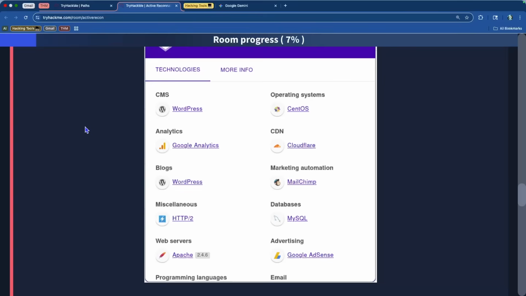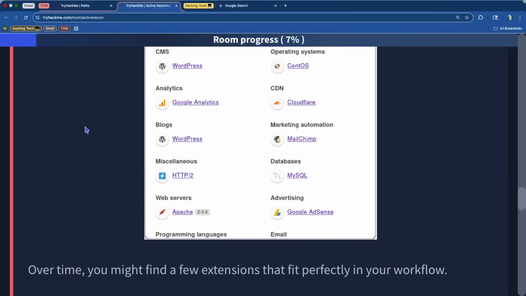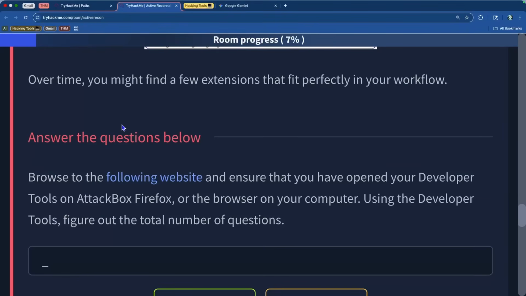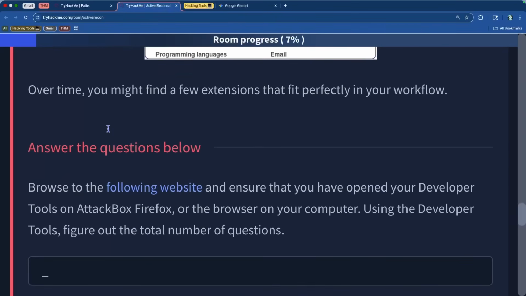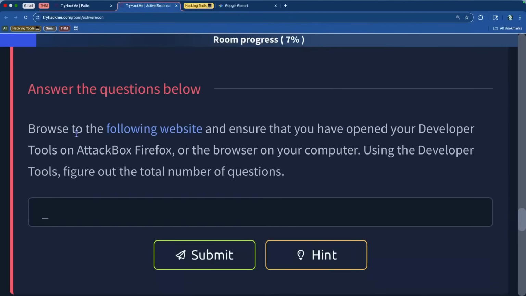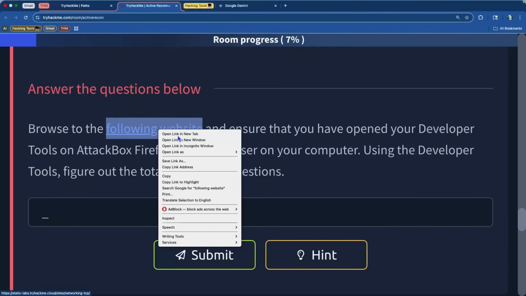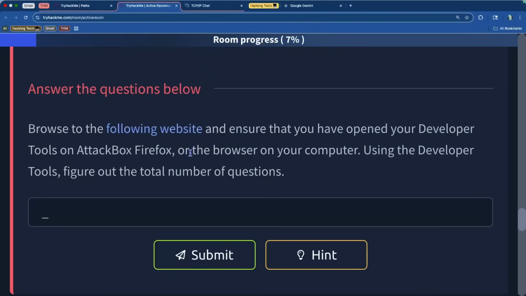You can actually use it to enumerate all of the user accounts that are attached to it, including the admin accounts. So a lot of stuff can be found using Wappalyzer, and then from there you'll know which way to direct your activity. So we're going to browse to this website and ensure that you have opened your developer tools on AttackBox,